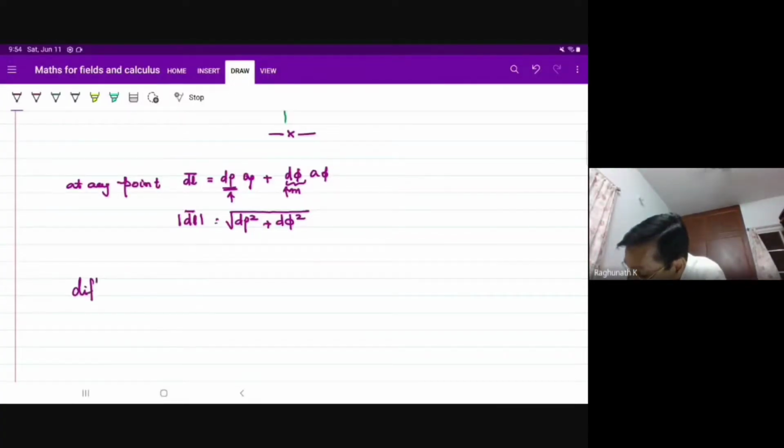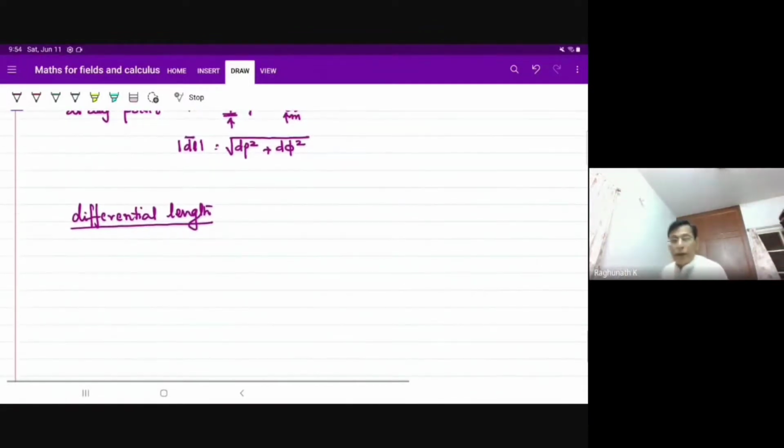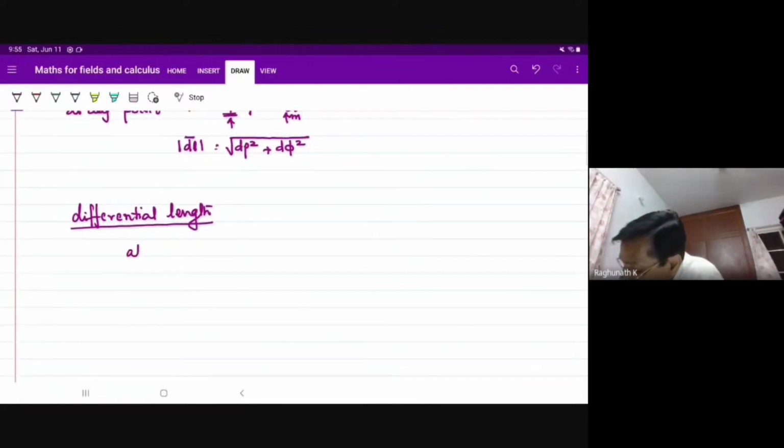Differential length. The integral of dl that I was talking about. At any point, carefully check it now. At any point, rho comma phi,